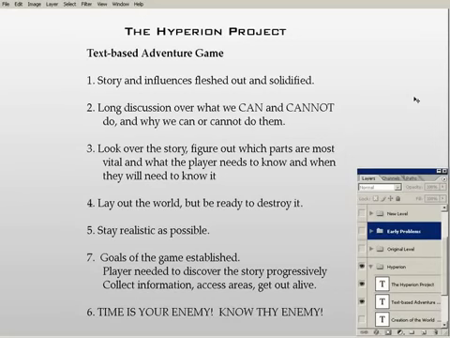Then finally, once you got all that ironed out, it's time to lay out the world, and I just added, as an afterthought, be ready to destroy it. No matter what kind of level you're designing, realize that it may not work, and the more experience you have, of course, the more apt you're going to be to create a level that will work or will just need some changing. But it's possible, especially when you first get started, that you're going to create something that just doesn't have the feel you're looking for, or some important spec of the game may change and require you to completely overhaul everything you've done, which is what happened to us. So again, don't get so attached to something that you're going to get bent out of shape if you have to kill it. Stay realistic as possible.